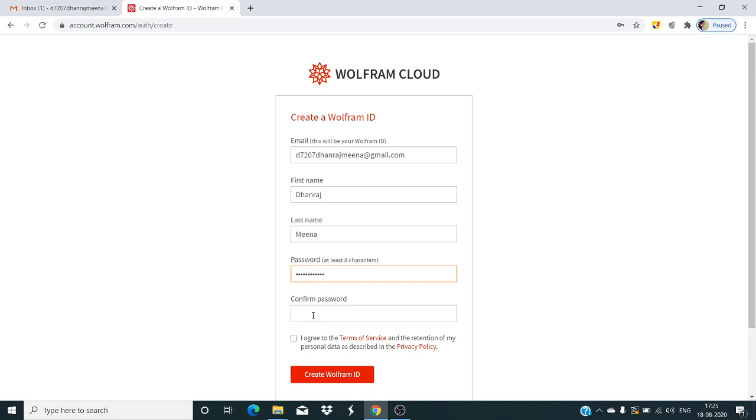Then type the same password that you have used right now. Then check this box and click on create Wolfram ID.